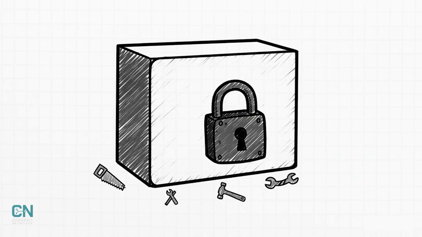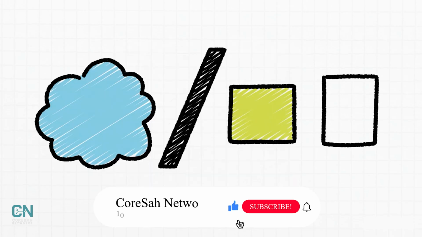You see, in the old Classful world, the size of your network was locked in by this thing called a subnet mask. You can think of it like a stencil that defines which part of the IP address is the network and which part is for the actual devices. And for a Class B network, that stencil was always the same. No flexibility at all. CIDR just wiped all that away, and it replaced it with this. A simple slash followed by a number.